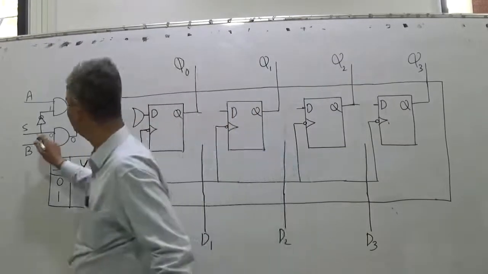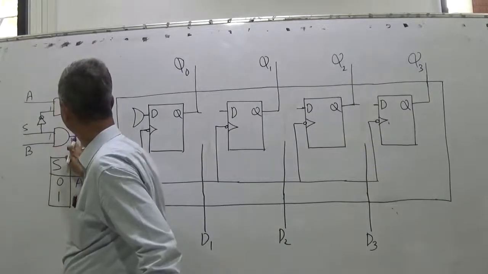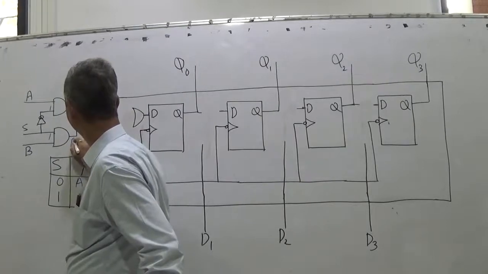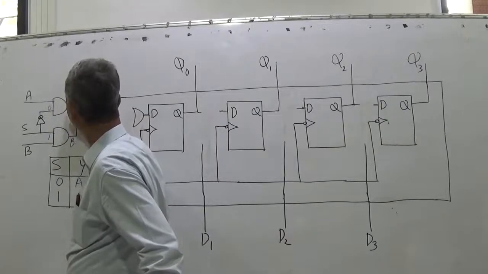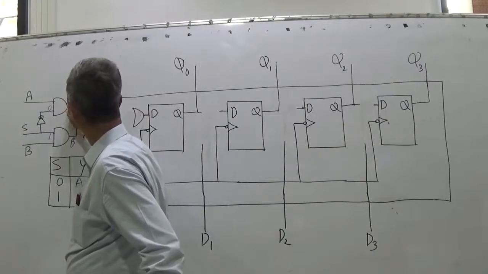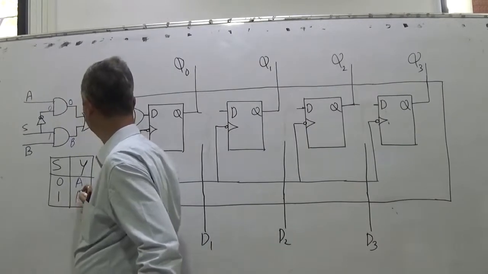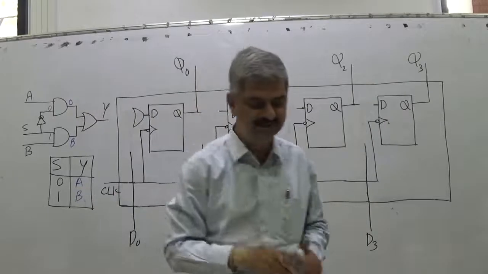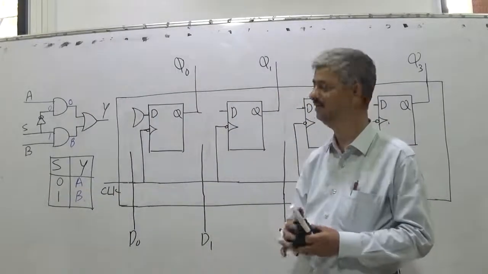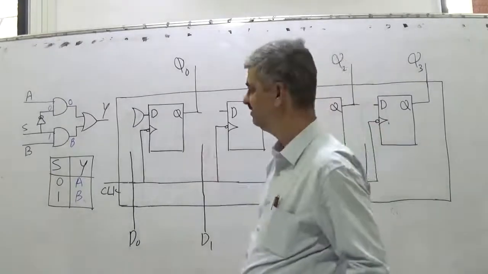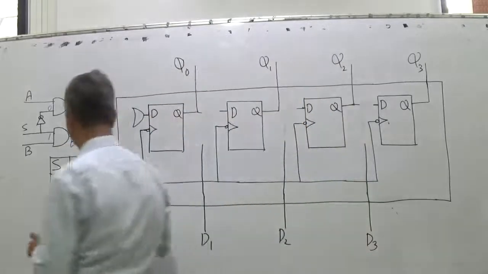When S is 0, output is A, means whatever is at input A comes on output Y. When S is 1, what is going to happen? This is 1. When this is 1, this is B. When this is 1, this is 0. So this is 0. So 0 and B, Y is B. Y is B. Right? So you can either choose, so this big block is drawn,